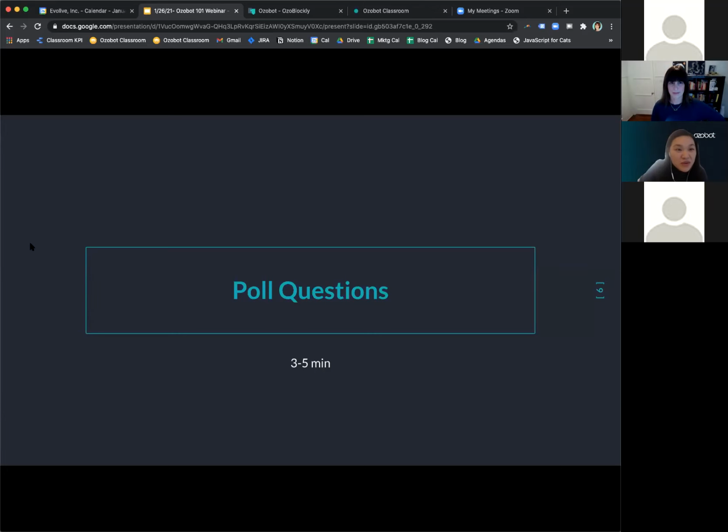It looks like we have a majority of people that already own or use Ozobots in the classroom, and the next group would be that they are brand new to Ozobot. So that's really helpful information for us to know.